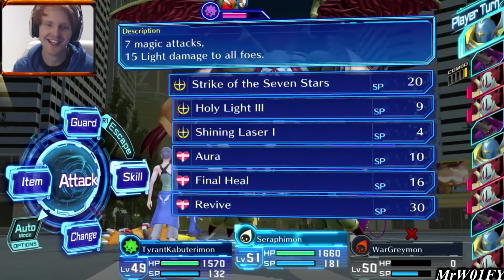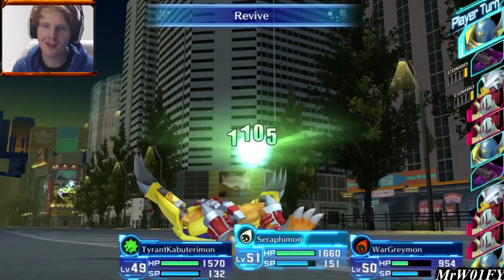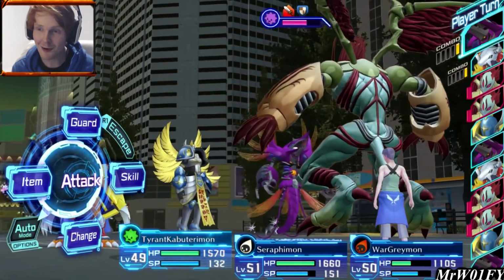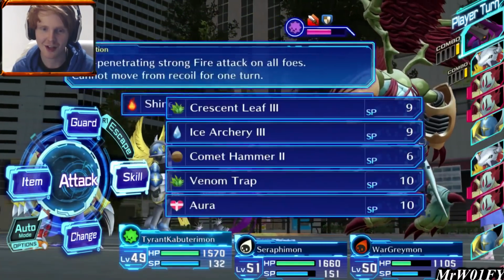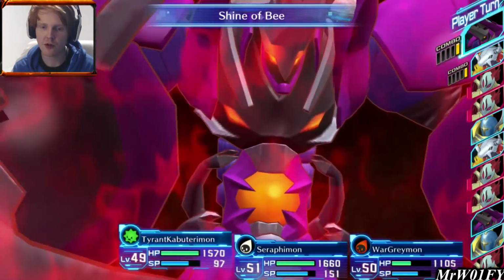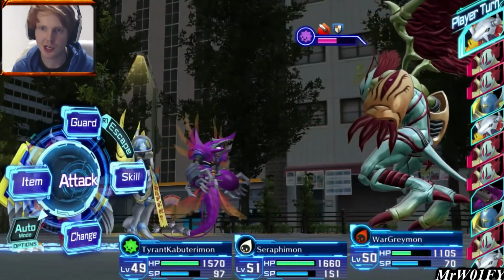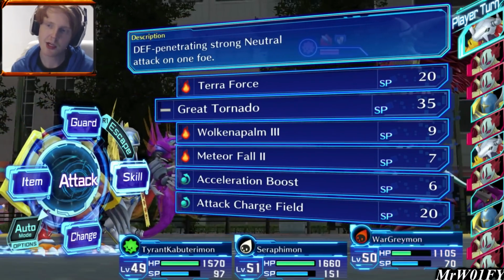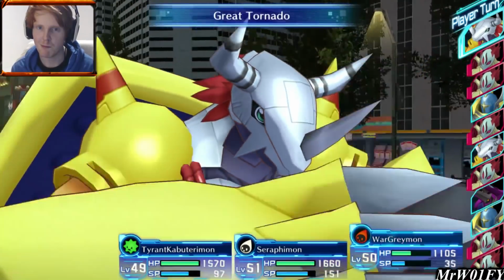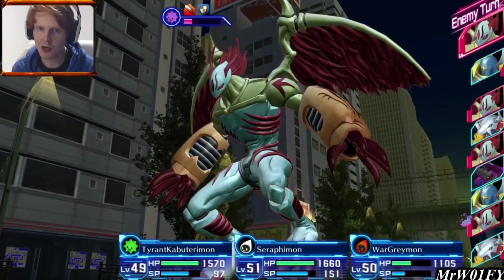What is this? So, alright, he's going to give us a bit more pain than I expected. We seem to be doing alright, but now he's turning it around on us. And he's healing up for so much as well, which is kind of annoying, honestly. Let's just use Shine of B, and then Wargreymon can follow this up with another tornado, and maybe we can actually try and kill this guy before he messes us up anymore. Do we want acceleration boost again? I don't know if we're going to get enough turns through to Wargreymon to make that worthwhile. So let's just do this. If we can get him somewhat low enough, and then we can...